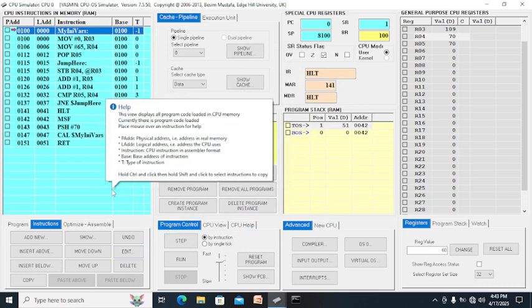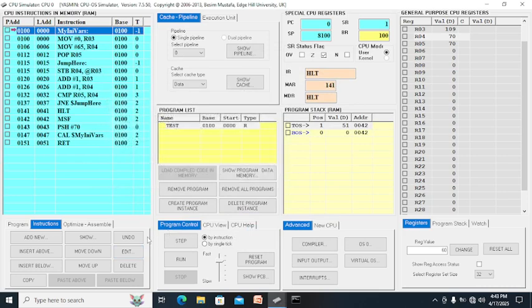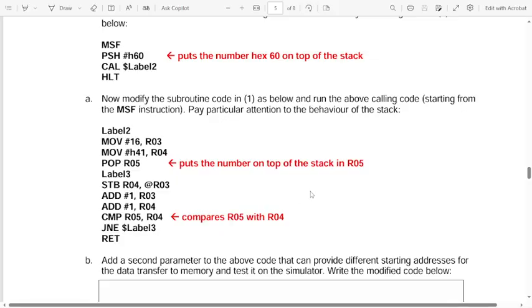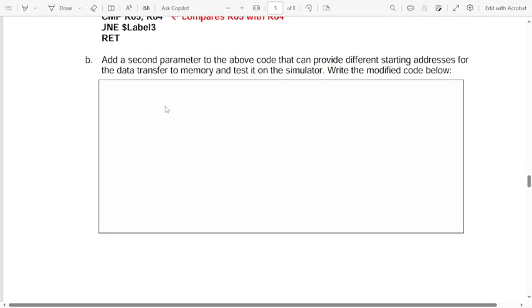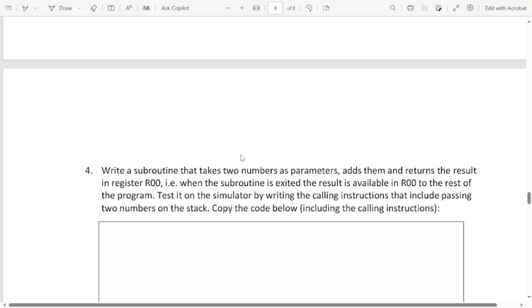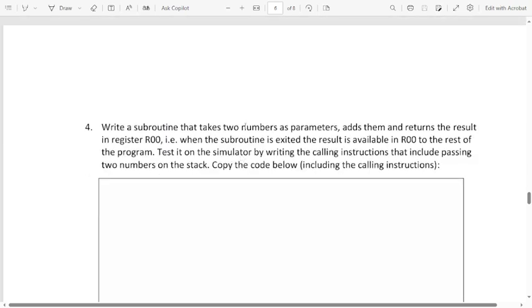Okay, so as you can see from here, number letter B, okay, it's done. We had already said parameter. Here, write a subroutine that takes 2 numbers as parameters. Okay, takes 2 variables. The parameters are actually the source and the destination.